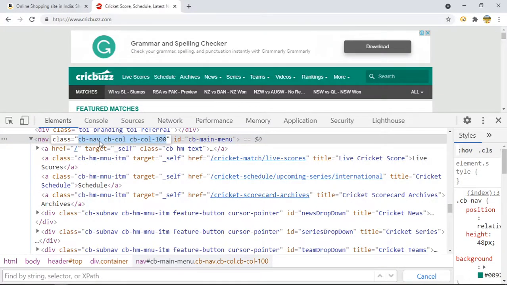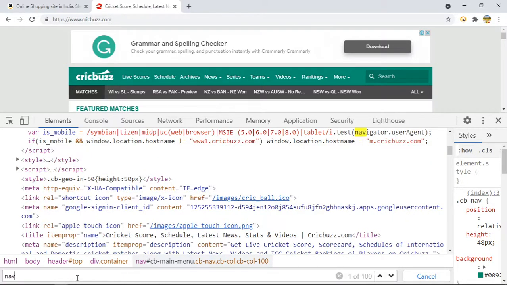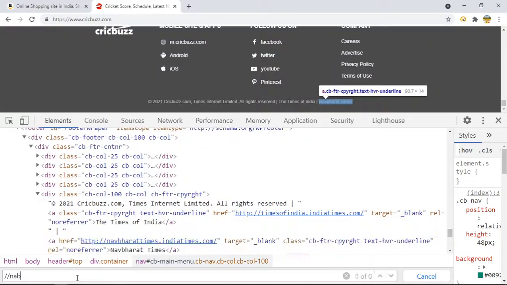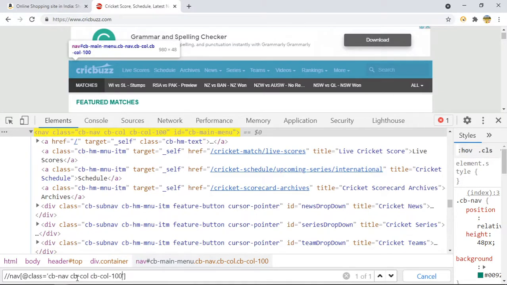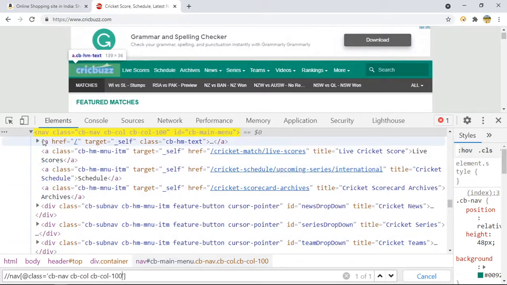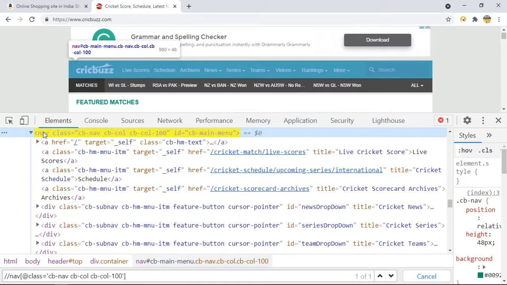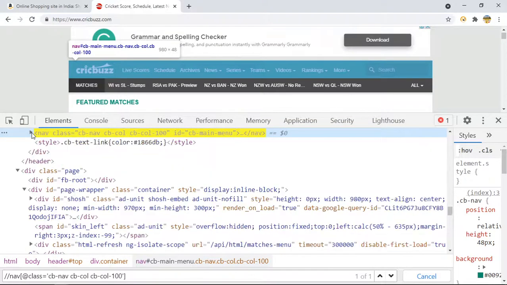If you remember in XPath, suppose I'm writing the XPath for this: tag name, @class. So this is our XPath. So I want to move from this parent. This is the child because if I minimize it, you will see it will disappear, right?